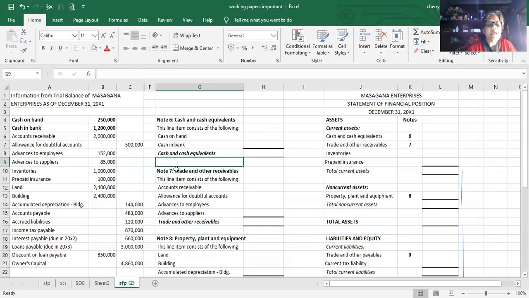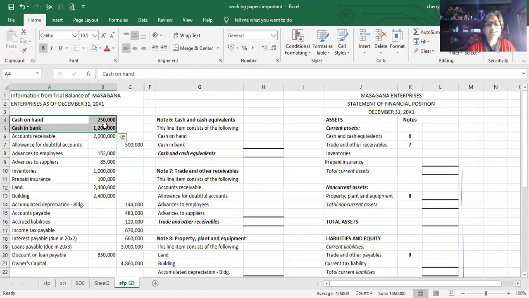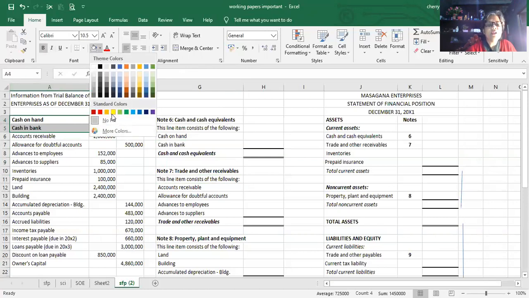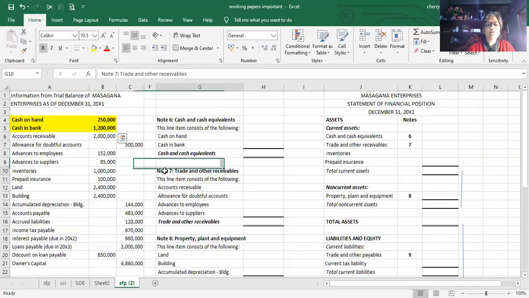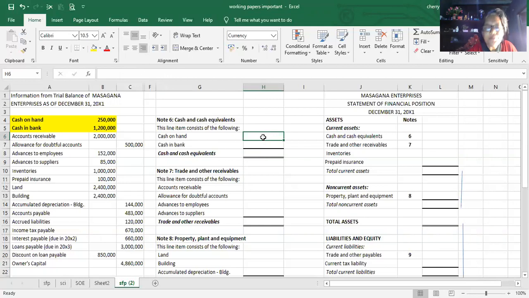Okay. So in our problem, we have cash in hand and cash in bank, and this is considered as our cash and cash equivalents. So let us color it yellow. This line item consists of the following: cash and cash equivalents. So we have cash in hand. How much? Per our data, we have